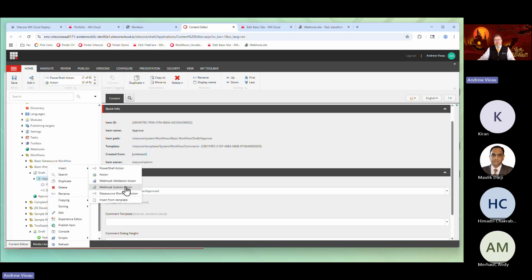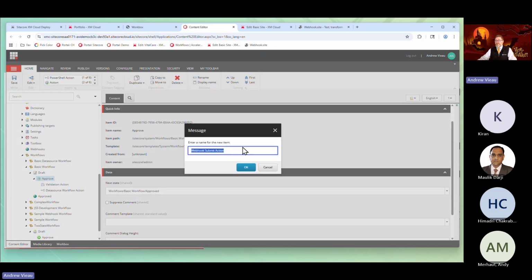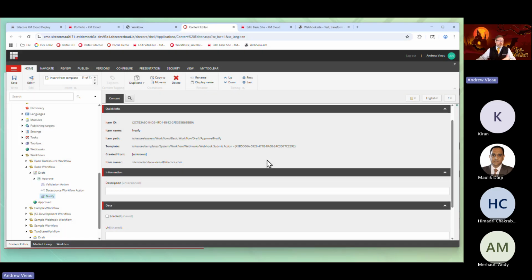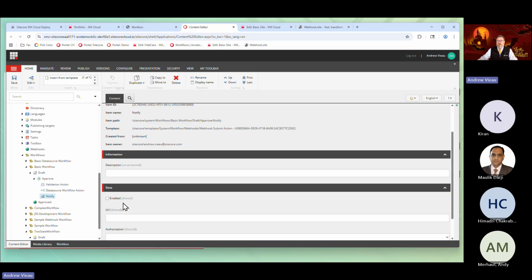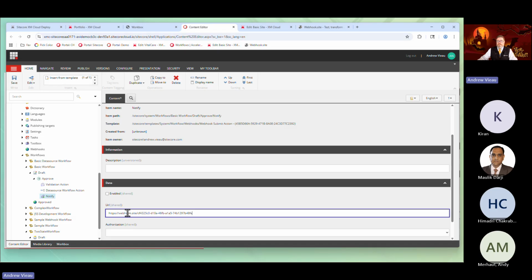I'm going to add a webhook submit action. And I'm going to call this notify. I'm going to pretend like this is going to trigger an email or some other process. I say pretend because really we're just going to use webhook.site as a sample endpoint and see what is sent here. This is, by the way, a little technical, so for the developers,